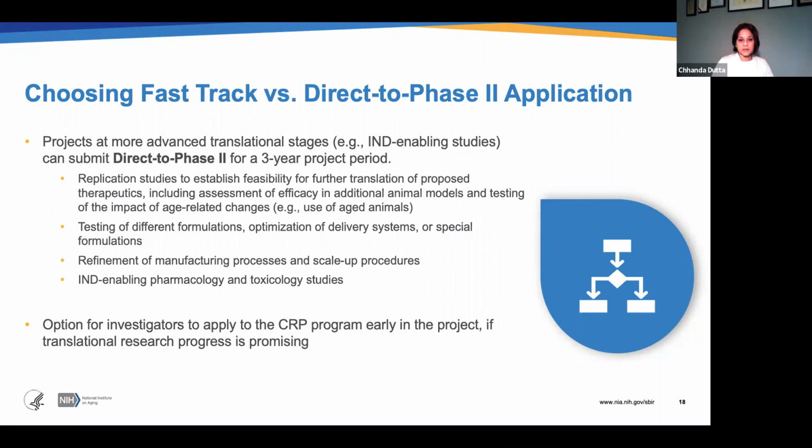So the CRP enables you to, for example, apply for chemistry and manufacturing, if you need additional funds for tox studies, if you need regulatory input, or any combination of these above, and also planning for your protocols for your phase 1 trials, first in human studies, then that's something the CRP program would be appropriate for you to apply to. Next slide, please.